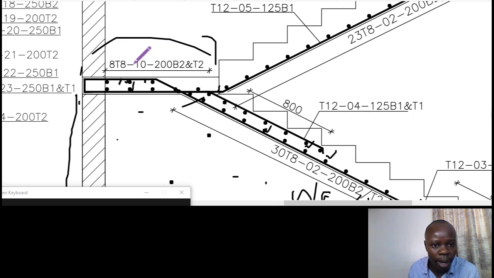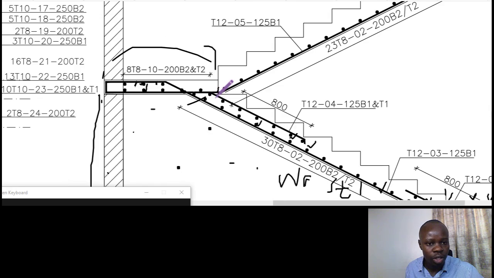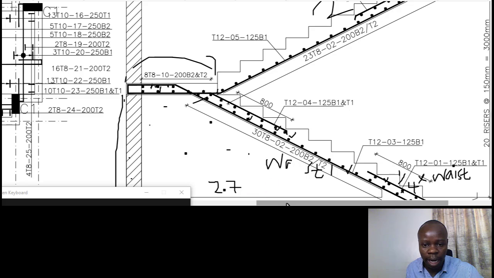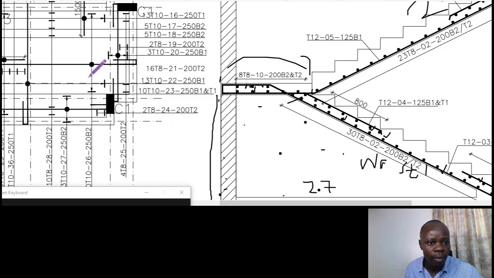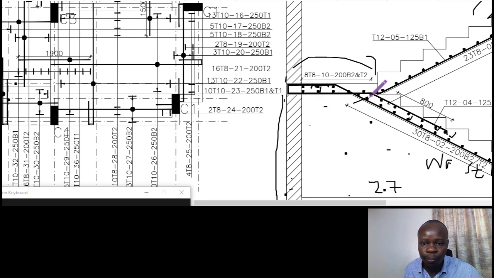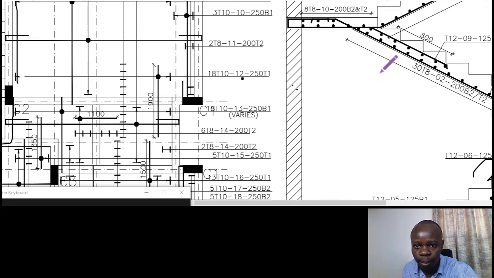So that is the bar mark number 10. And they are bottom 2 and top 2. Bottom 2, I've just put a tick there. Then top 2 are these. There are 8 of them. So the 8 of them, they are cutting across the landing. When they are across the landing, then the length of those bars is equivalent to, you can see here we had